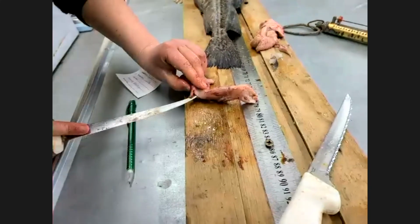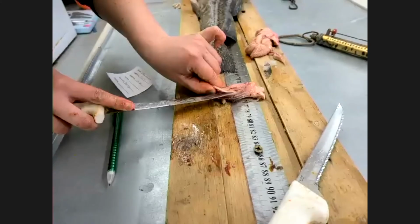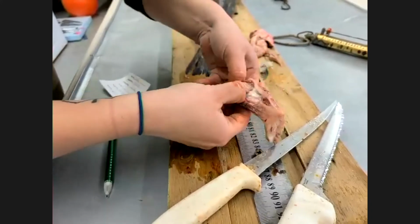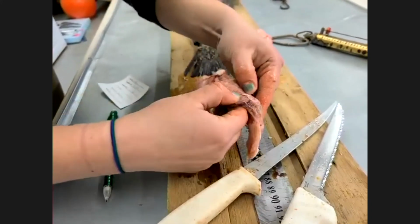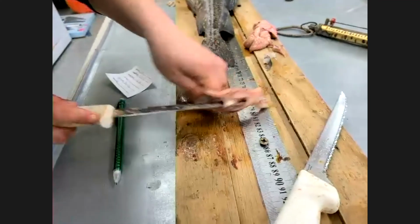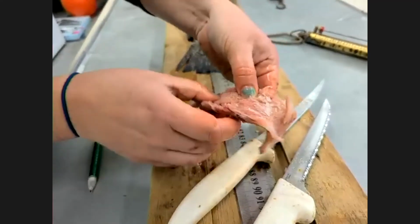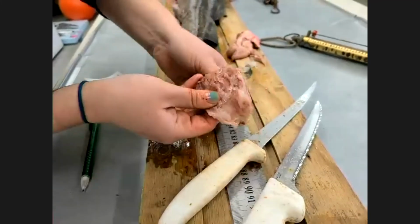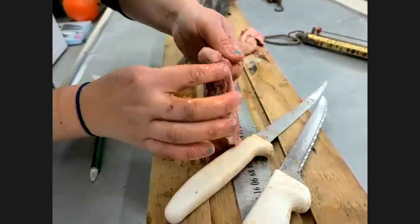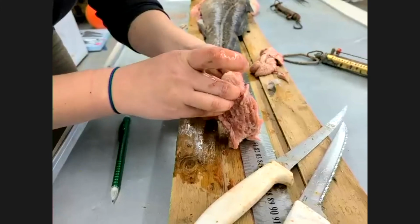Apologies, this is a little frozen, so I'm trying to get this guy open a little bit more. What we got in here? A whole lot of little bits. Hello, welcome to our What Are Cod Eating 101. We certainly have some animal remains in here. It's kind of hard to tell. Like I mentioned, sometimes a lot of things are decomposed, but what's interesting, this right here,